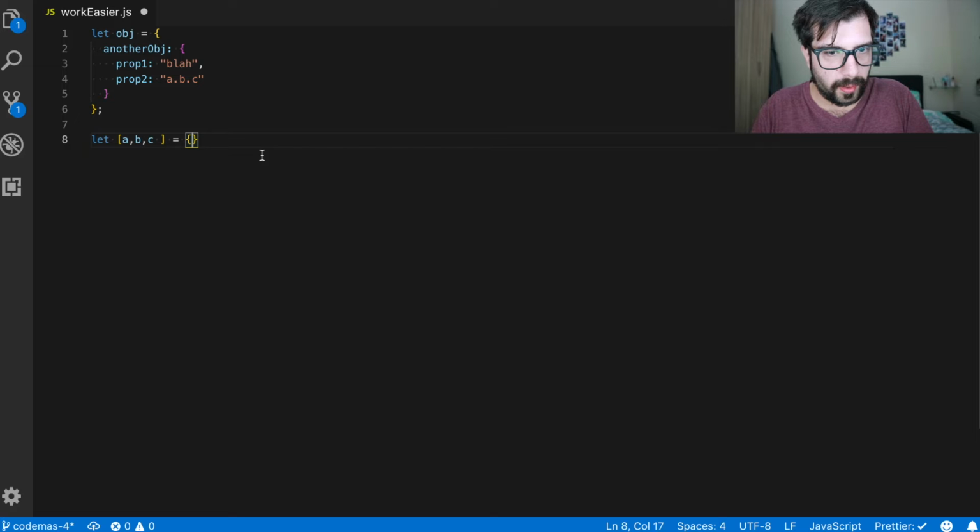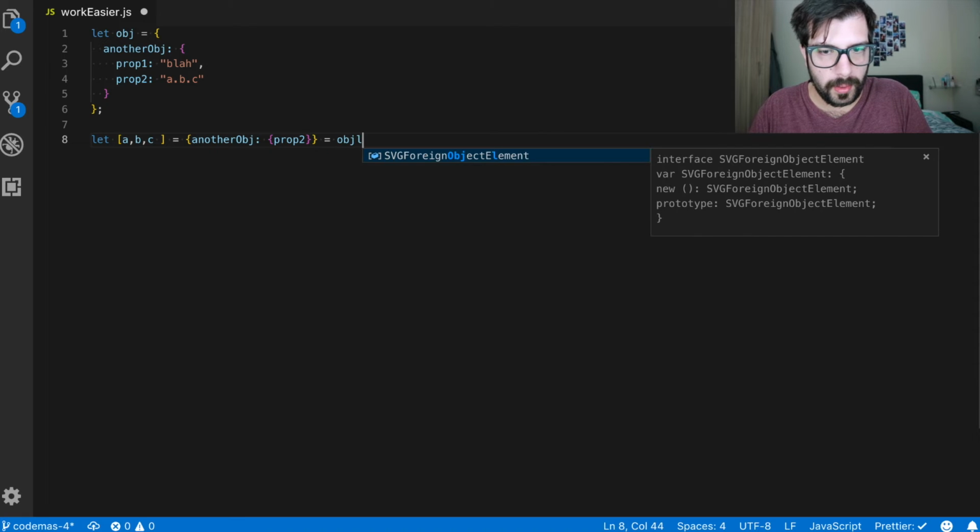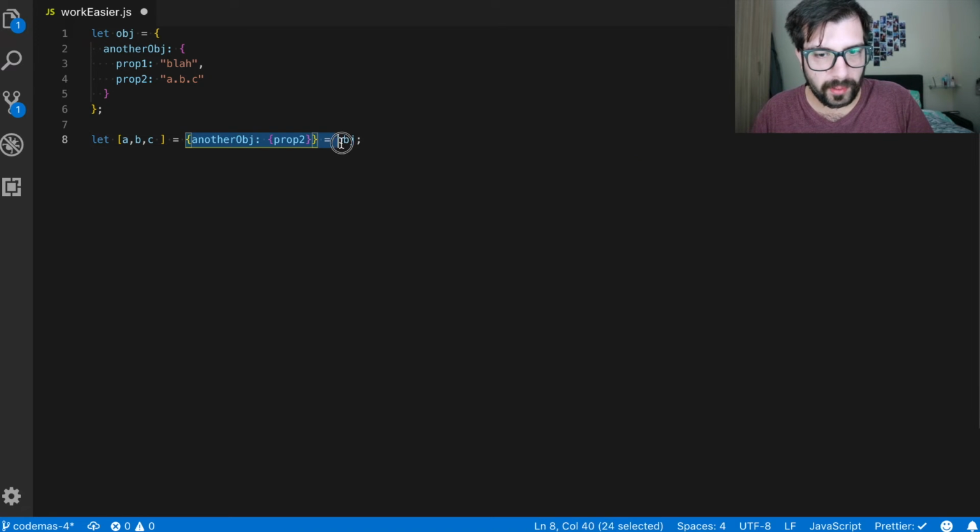So another object, prop2 equals to obj. By writing this code I would get the value here indeed, but I wanted to split it in order to fit inside the array. I tried to do it like this, which doesn't work of course. I also tried many other ways to do it in a single line, but I failed miserably, so I decided to just keep the destructuring